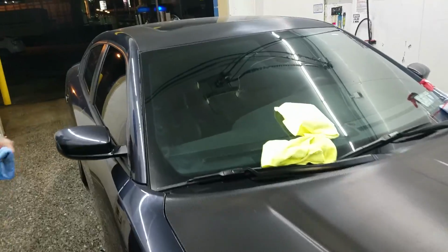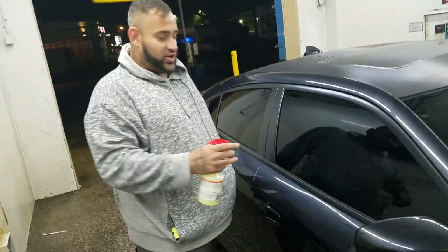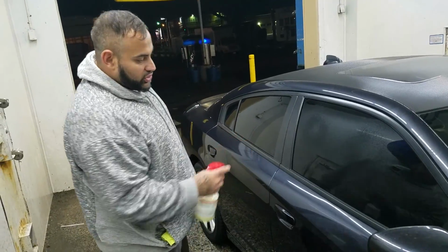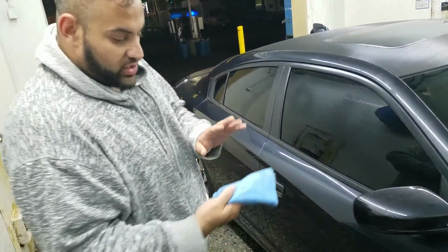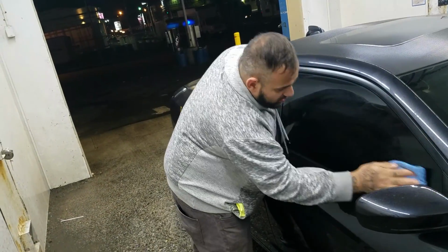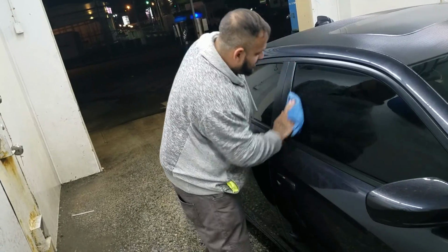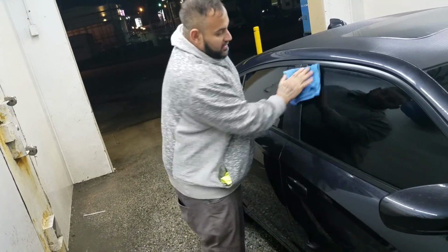This one, spray it on light. The glass you could spray it on fairly lightly. You know, one or two spritz. And you're going to come with the damp microfiber. Same thing, side to side. You want to dry this one